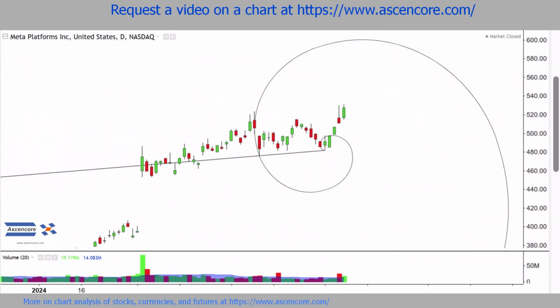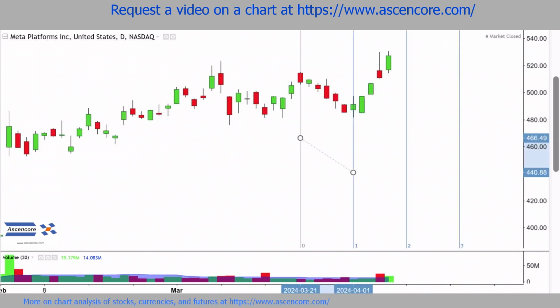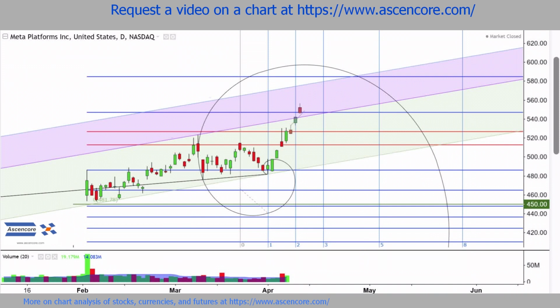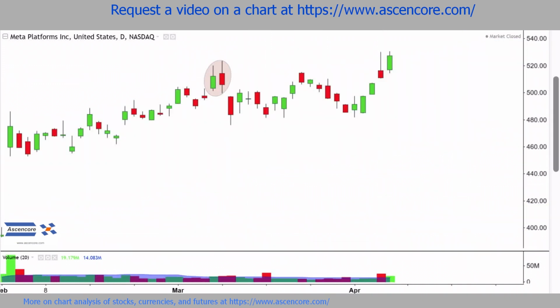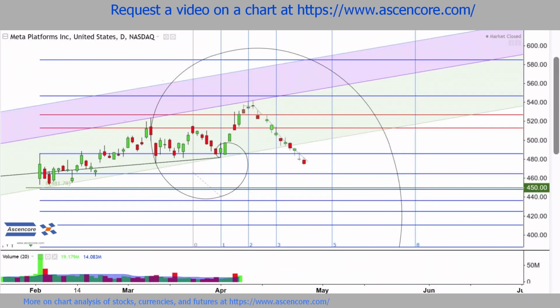Then shift the spiral and Fibonacci time zone towards the end of March to outline what entry into the mid to upper 500 range could look like. Alternatively, if something more can finally develop from these bearish candles, a possible triple top formation could improve chances of